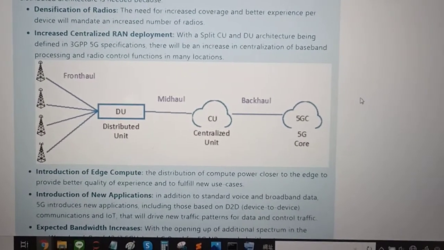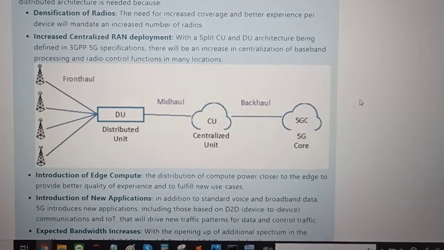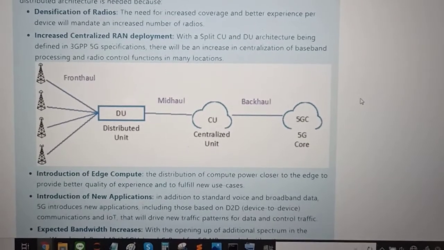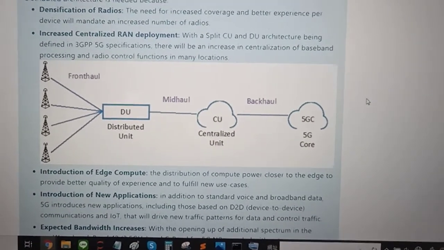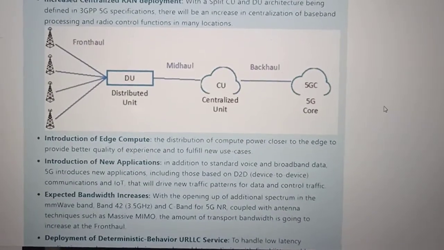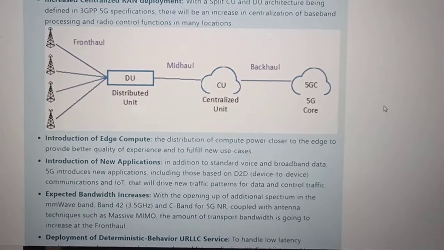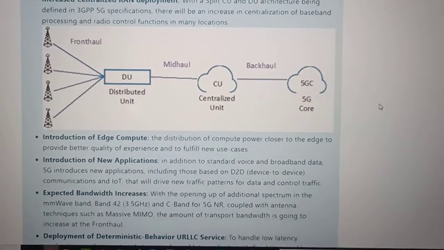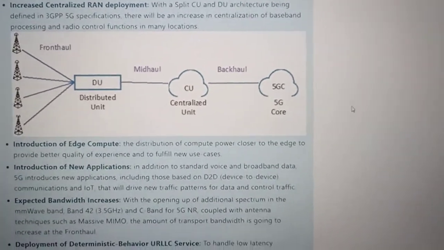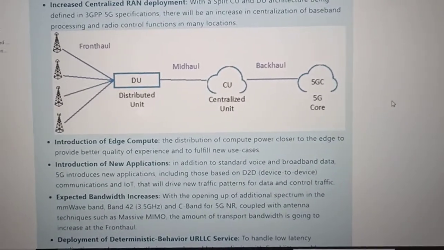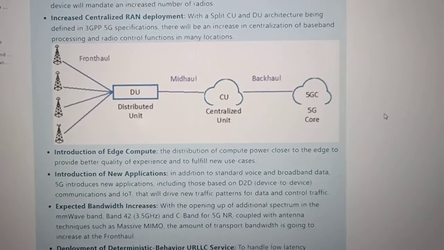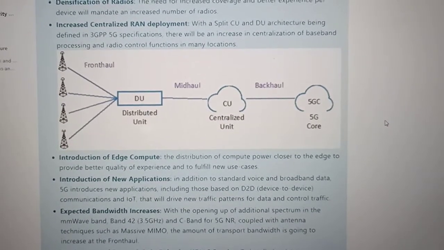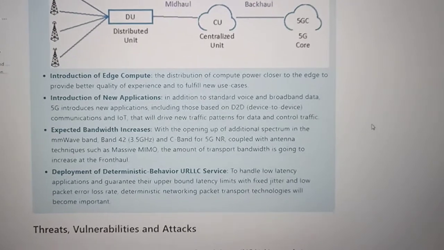densification of the radio. The need for increased coverage and better experience per device will require an increased number of radios, and the centralized RAN development with a split CU and DU architecture. So we need more distributed antennas to help us achieve this network architecture, and another reason is